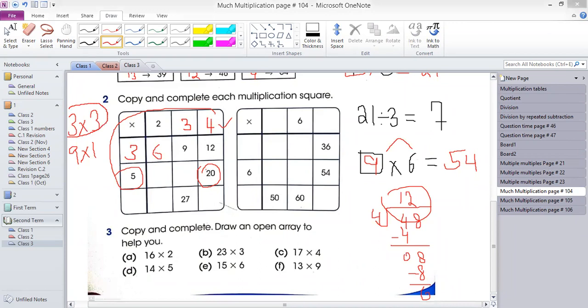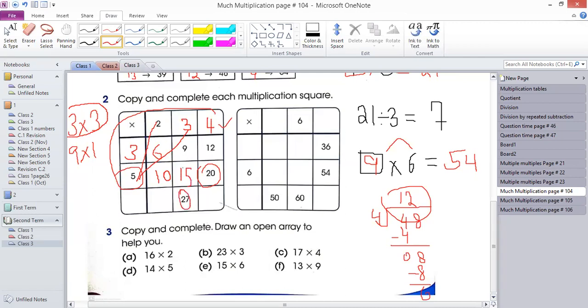Yes, sir. Very good. I'm going to finish it, guys. We will repeat it, inshallah, in the next class also. Now, 5 multiplied by 2. This is 5 multiplied by 2, which is 10. This is 5 multiplied by 3. 5 multiplied by 3 is 15.